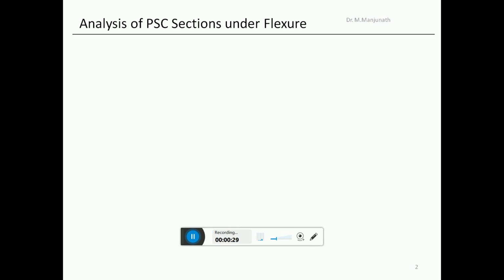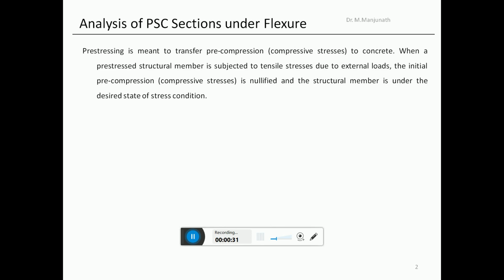Now, what we have understood is that pre-stressing is transferring a pre-compression to a beam or a flexural member, and this pre-compression is applied so as to nullify the effect of the external forces, that is to counter the tensile